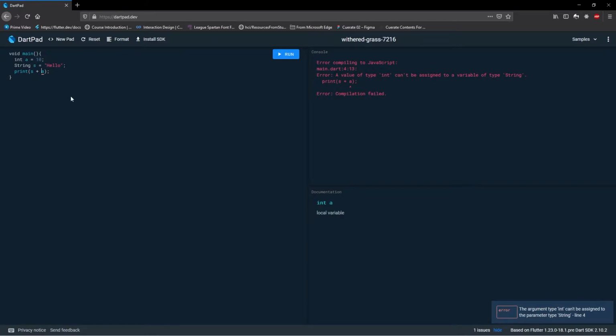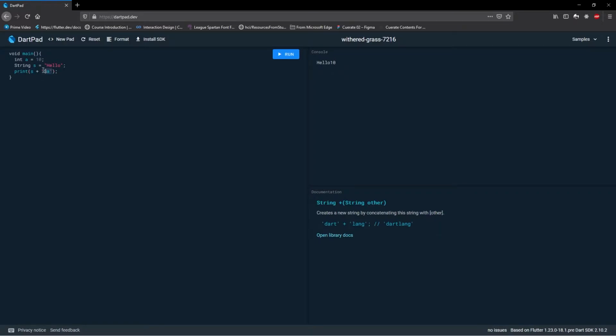So there's a special notation to print this. This is how you do it. You wrap it in double quotes and you use the dollar sign. Now if you hit run, it is going to print hello 10, because you can add a string to a string and it's going to append those two strings one after the other.